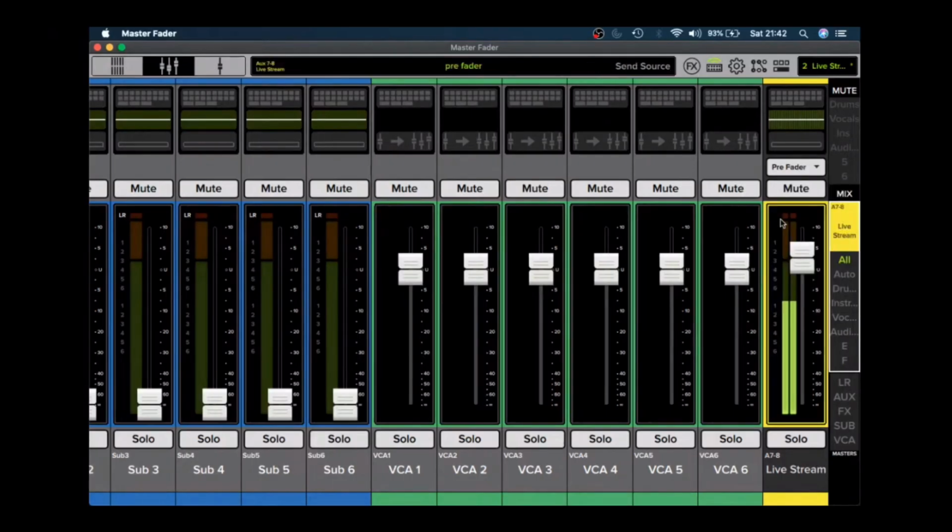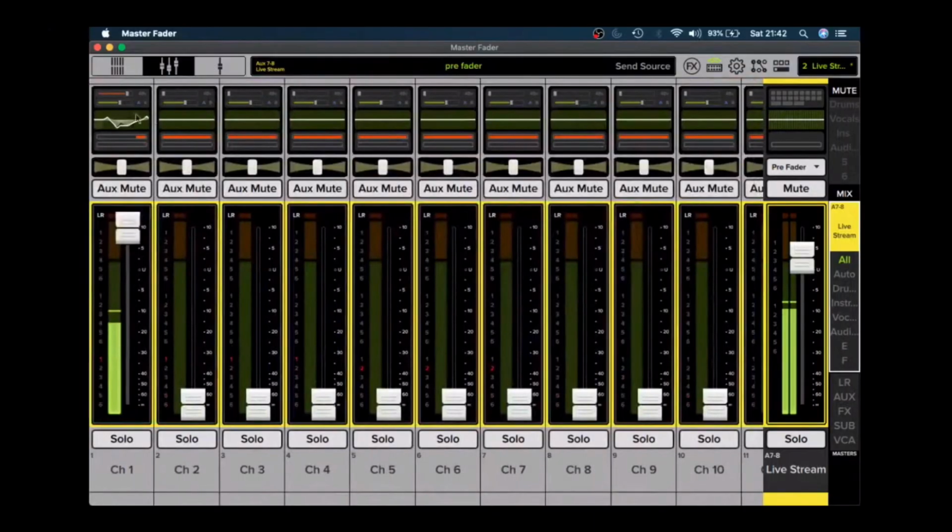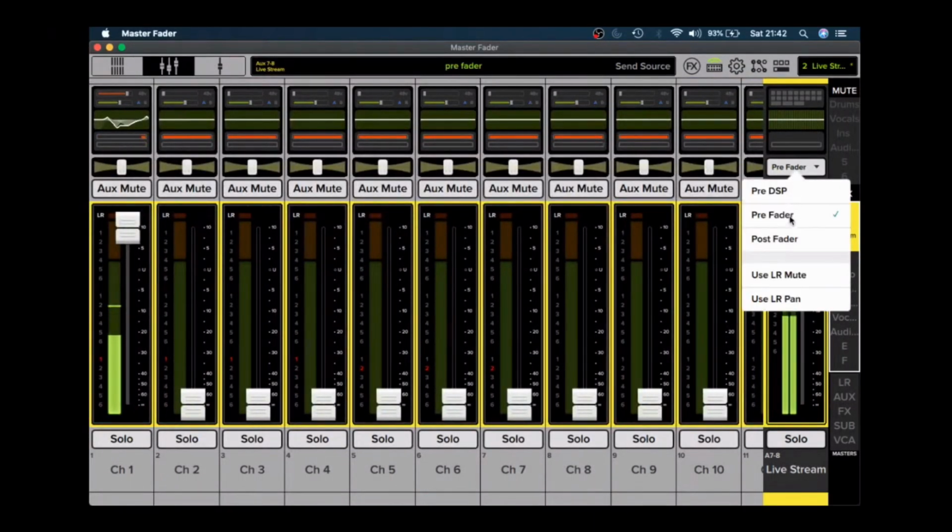So let me just hit that there, and all of a sudden you can hear there's a massive change. You can hear all the EQ and everything that has been pre-applied on this channel here, and that's why you hear a massive difference. So that is pre-fade. You can send it post-fader, but post-fader would mean that whatever you do on the main left and right,